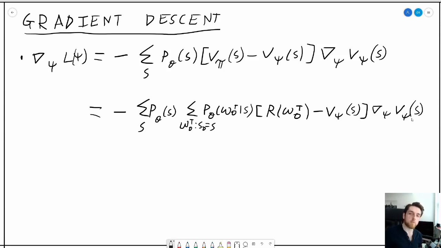And then we can do exactly what we did with the policy, which is we just run a trajectory, sample the returns after each state. So for each state along that trajectory, the S0 is now that state, and then the capital T is the time until the end of the trajectory from that state in the trajectory. And then we can construct an estimate using one trajectory as before,